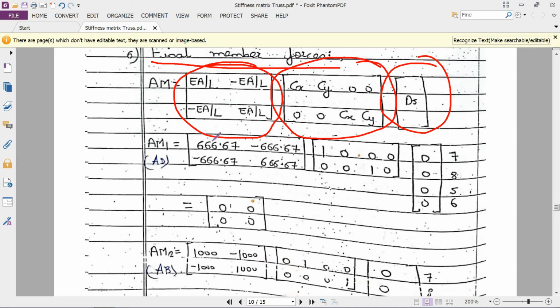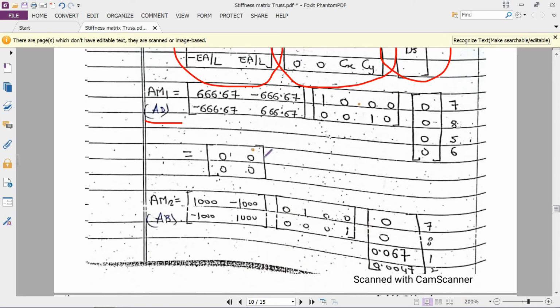AD में हमने ऑलरेडी निकाला EA बाय L, ये आया था. देन CX CY वैल्यू उसकी करस्पॉन्डिंग, और वो AD कोऑर्डिनेट क्या था, वो था आपका 7856. तो 7856 पे कोई अननोन है क्या? नहीं है, because 7856 all are the coordinates of the support point. So here the value will be 0. Okay, so accordingly the answer will be 0 0 0 0. तो हमको यहाँ आंसर 0 0 मिलेगा पूरा.